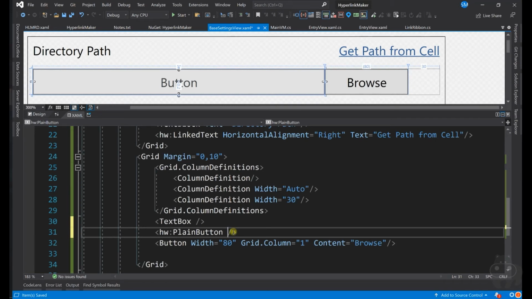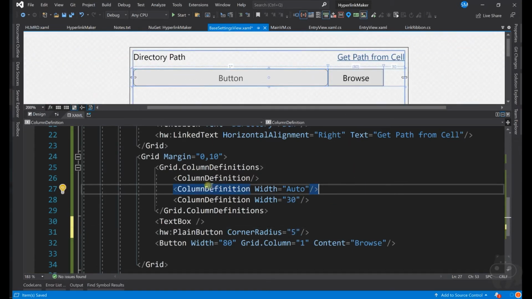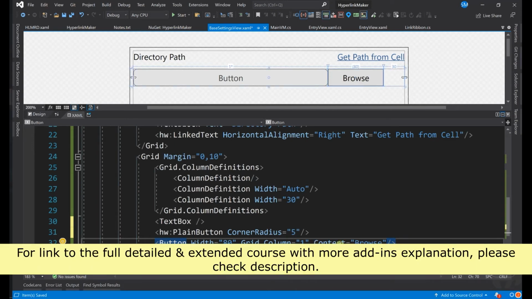You can even add corner radius. Corner radius is equal to 5. You get corner radius 5 here, which you will not get in the normal button. It is possible to do it in the button, but you need to make a lot of modifications and changes. So that being said, let me copy this. I don't need a button, I need a plain button from WPF. So I just started with this to show you the difference.